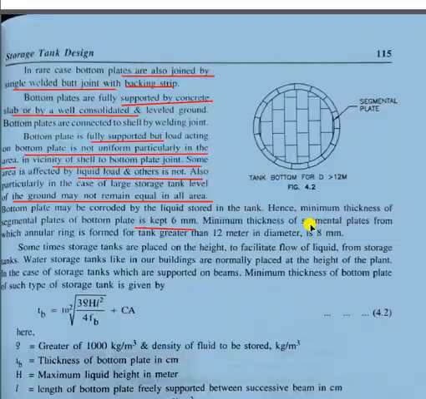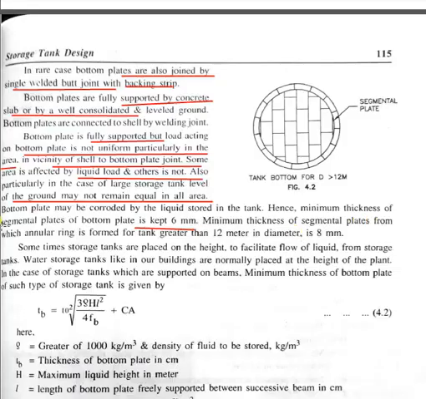Minimum thickness of the segmental plates from the annular ring is 10 mm for tanks greater than 20 meters in diameter, and 8 mm otherwise. Sometimes storage tanks are placed at a height to facilitate flow of liquid from the storage tank,